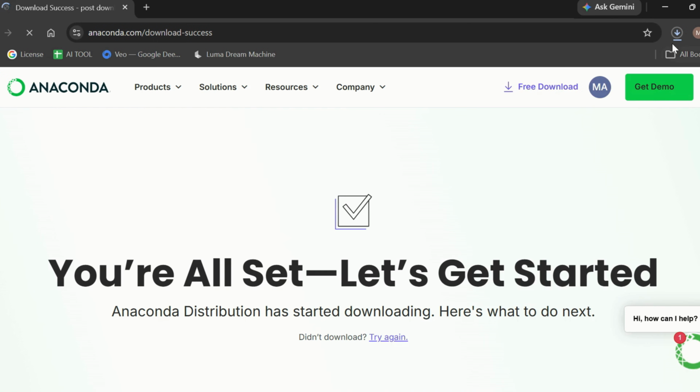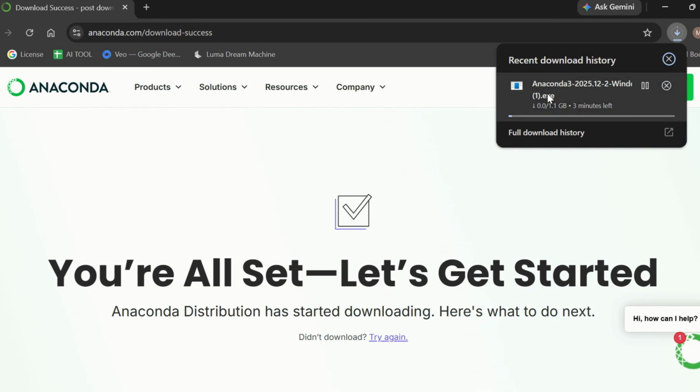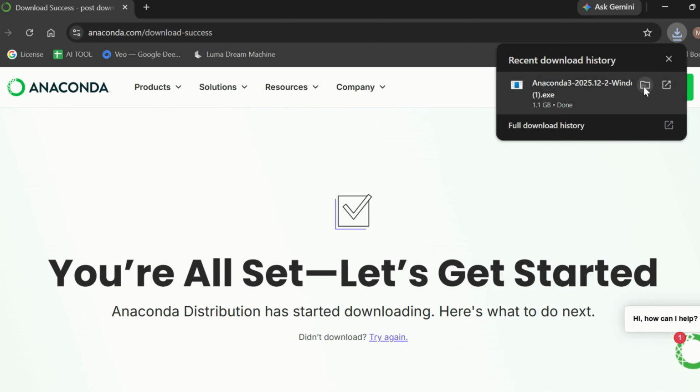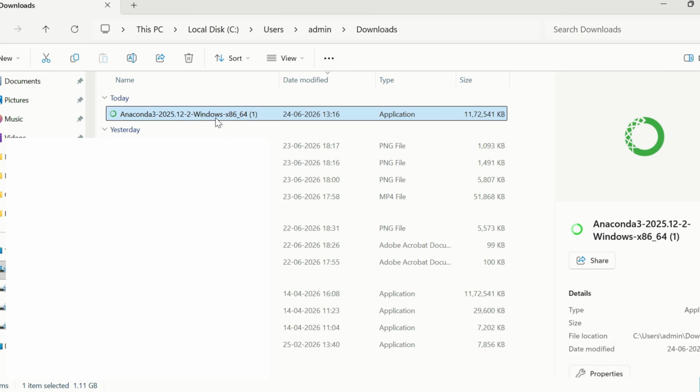For Windows, we will click on that and then you can see the installer is about to be ready. So just wait for some time, let it get completed. Yeah, it's completed. Now open this folder and click on it, and wait. Here we are verifying, okay, it's done.